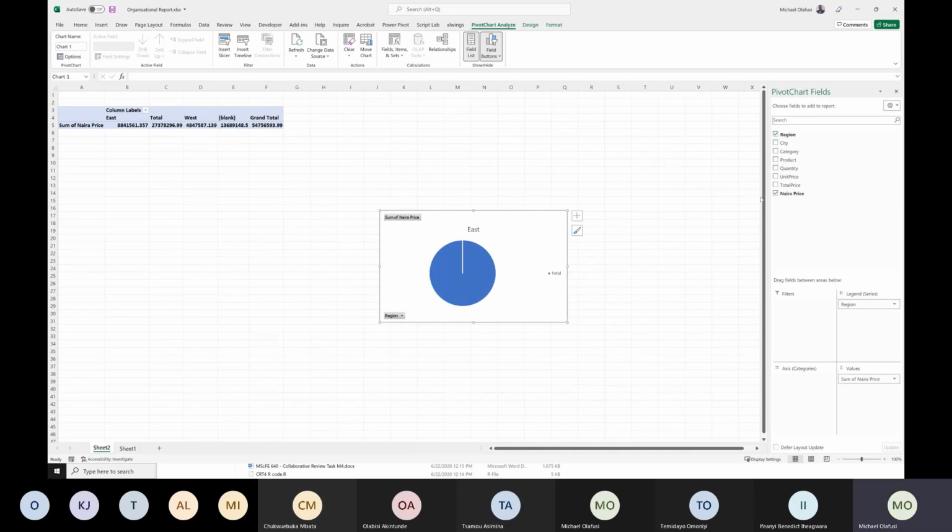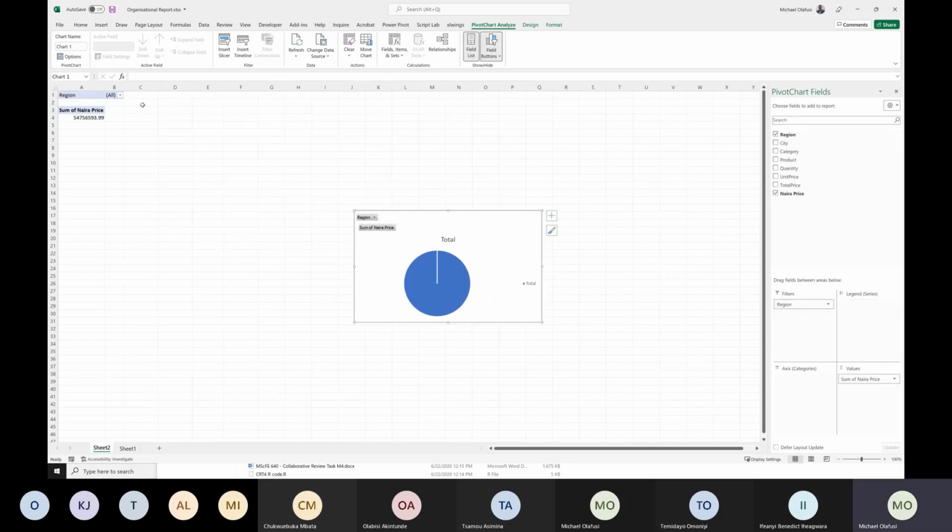And is there only one region? Strange. I thought we have multiple regions. Oh, okay. I need to take out total. So we need to take out total from the region because you are double counting.